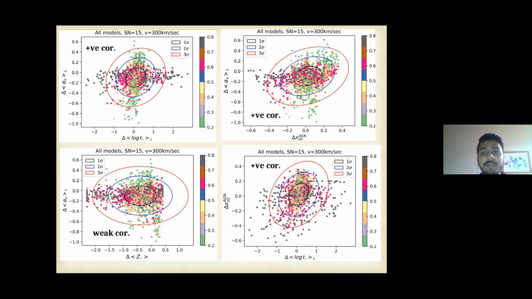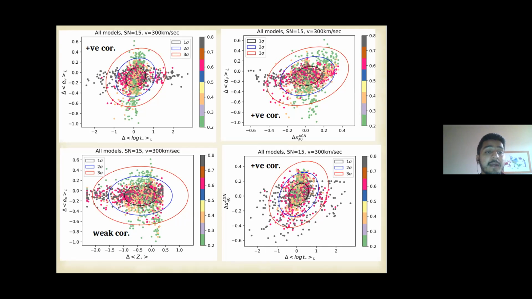By the way, all of these models that I have plotted are for the velocity of 300 kilometers per second, as in the previous results that I have shown you. This corresponds to broad lines, and this is the part where we had trouble fitting, because 50 kilometers per second is equivalent to a normal galaxy line width, and has the best signal to noise, so that we can see the trend that is going on. So here on the left top figure